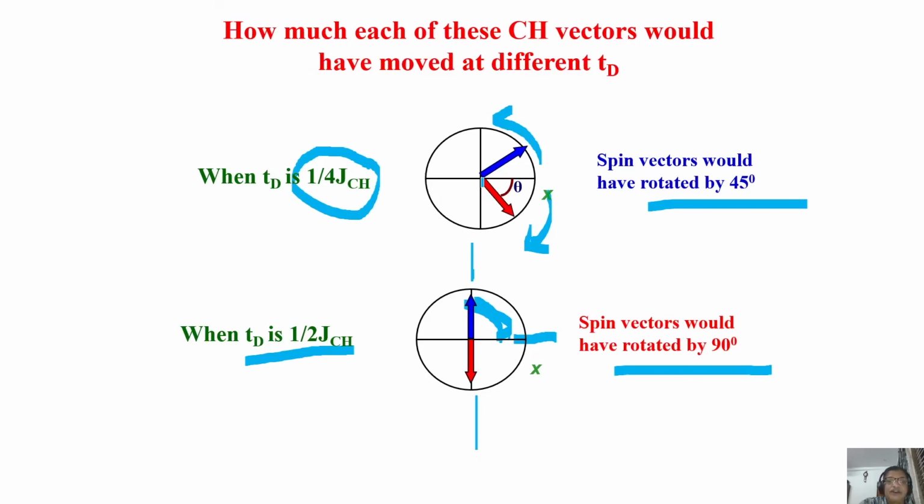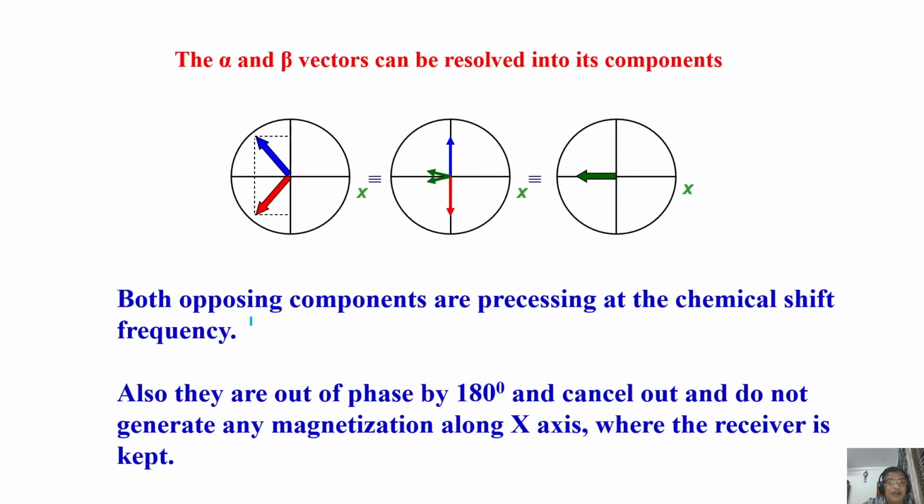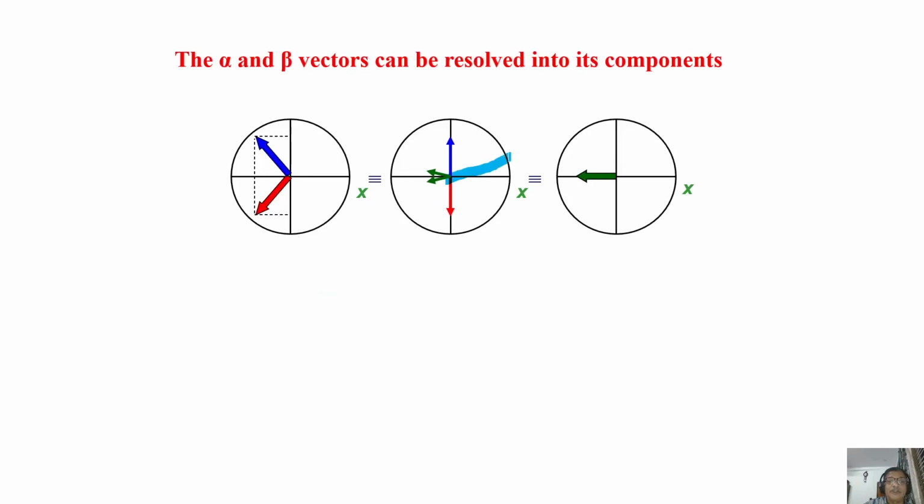Now, let us say at any given instant in time when it is rotated, after a certain time, let us say when it is at 554, I apply a 180 pulse. In the spin echo sequence we explained, it gets completely inverted. So it starts rotating like this, 180 degrees. You apply a 180 degree pulse, what is going to happen? It inverts the magnetization. So the magnetization, the one which was here, now comes on this axis. If they were in the first and the fourth quadrant, now they came to the second and third quadrant.